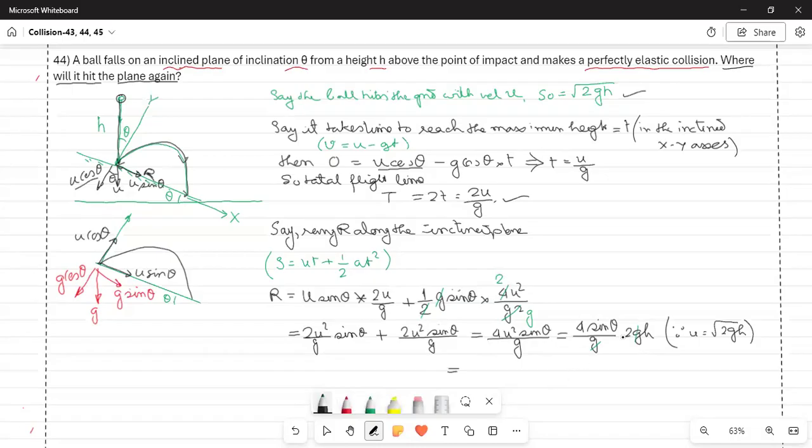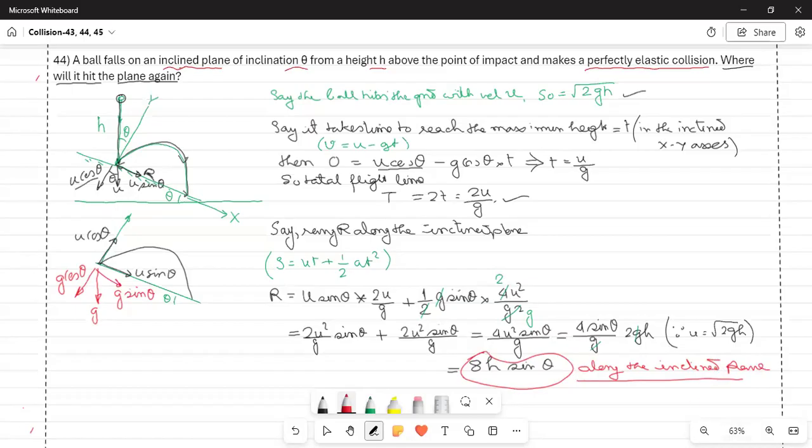I have 8H, 8H. The range is 8H sin theta along the inclined plane. So this is the answer, right? Now,